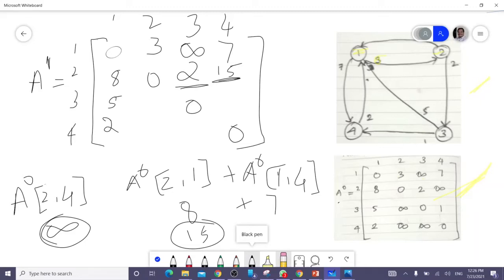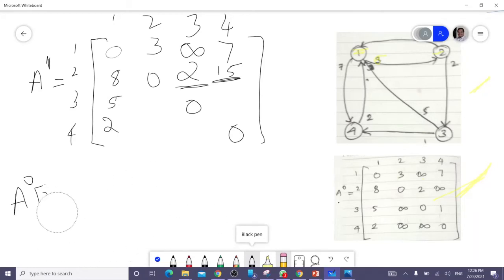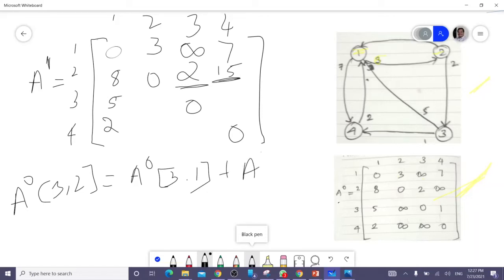And of course, the next element that you have to find here is a of 3 comma 2. Whenever you want to find a of 3 comma 2, the formula you know very well: a0 of 3 comma 1 plus a0 of 1 comma 2.